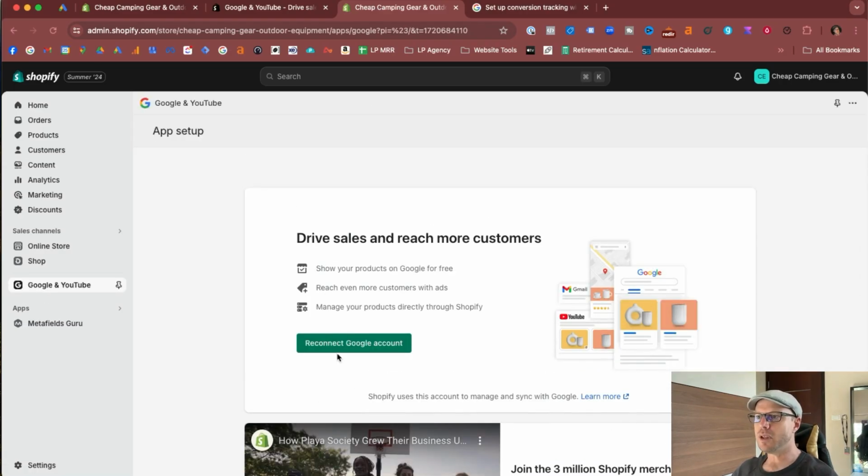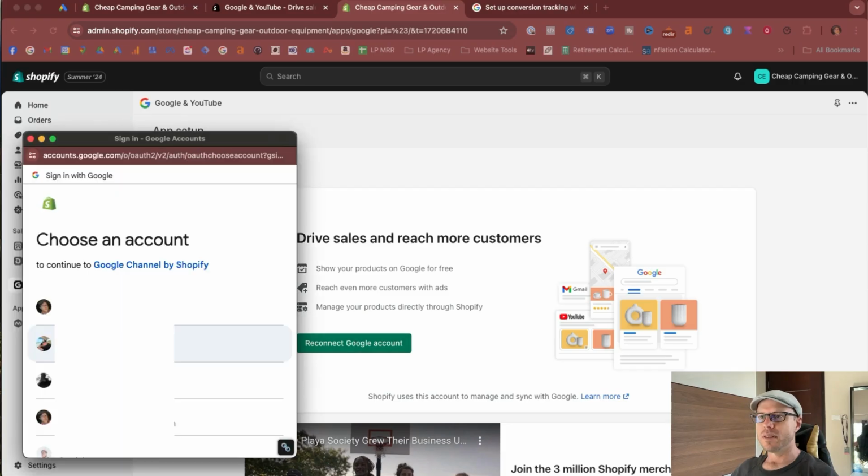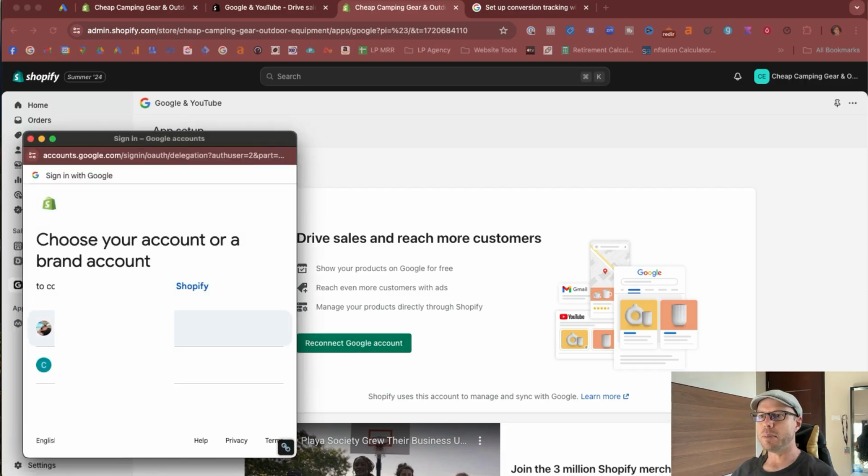And for myself, I do need to go and reconnect Google account. So it's all in the background. Yours might say go and connect your Google account here. One tip that I will say with all your Google properties, it's important to have them set up under one Google email or Google Workspace email, so that one email has access to all those different properties, no matter where they've been set up. So let's reconnect Google account, select the email you want to use, give it the permissions,